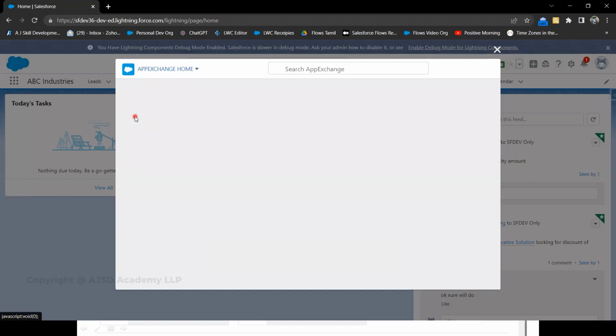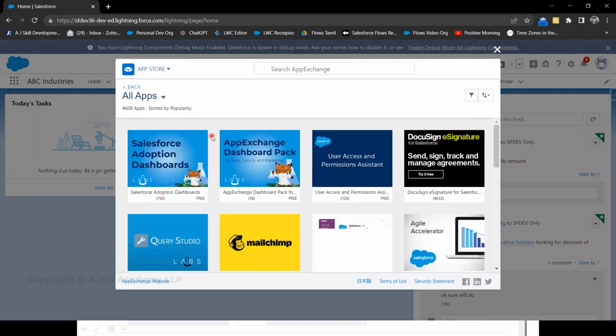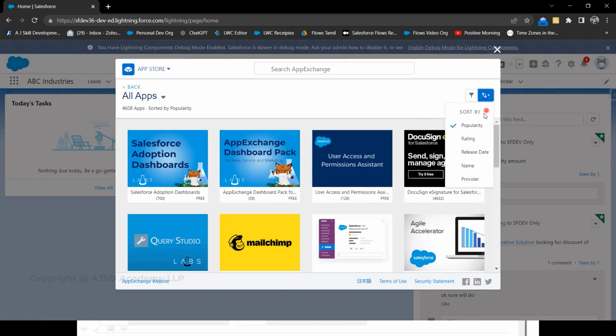If you go for apps, if you click apps, the famous applications available will automatically be sorted and listed on this particular page. If you look at the right-hand side, you can sort at any point of time. Currently it is based on popularity, and you can sort based on rating, release date, name, or provider, whichever way you want to sort. You can sort these applications and